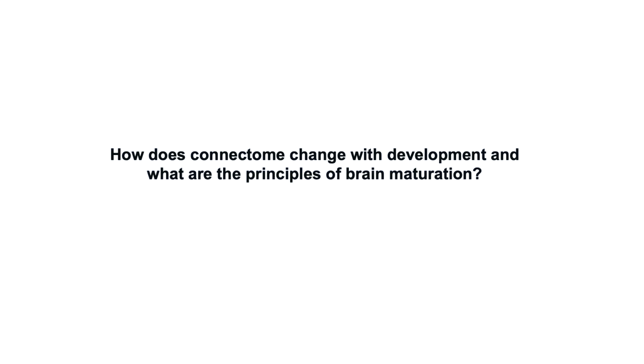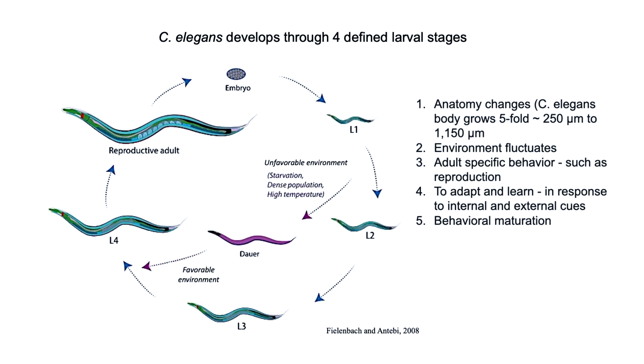Okay, so the question is, how do you change the nervous system with development? Because you have to think about that, since it happens in our body as well. C. elegans goes through 4 defined larval stages, from L1, L2, L3, L4 to reproductive adult, and